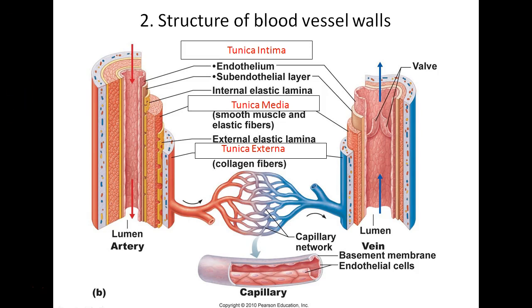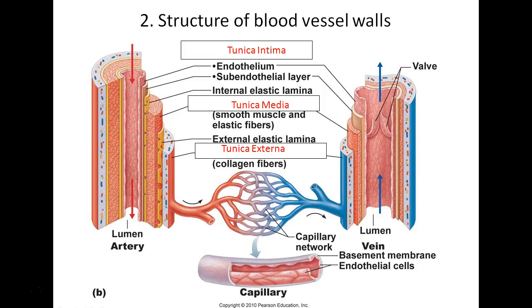We'll start out on the top with the innermost layer, that is the tunica intima. That's going to be composed of a layer of endothelium over a thin subendothelial layer, and that subendothelial layer is going to be made up of areolar connective tissue. This nice thin endothelium allows us to create a smooth, frictionless surface that blood can move swiftly past. It is noteworthy that this tunica intima does become continuous with the endocardium of the heart. And then we move on to the